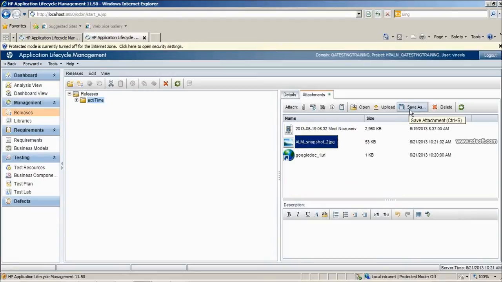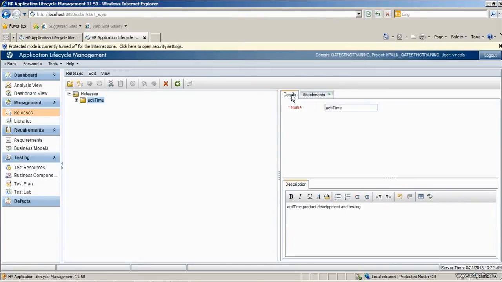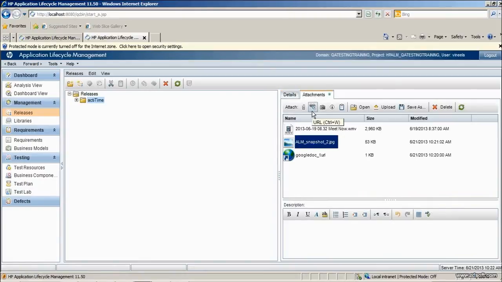And Save As, you can download and save this. And if you want to delete attached documents, you can delete them also. This is a refresh button. And if you want to give any description, you can give the description for the attachment sections also. Why we give the description is, we mention what all documents are attached to this release folder. We can mention that over here. So that is about the release folder and how we create it.